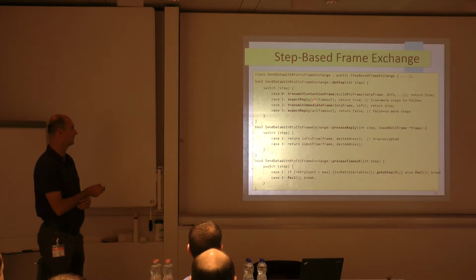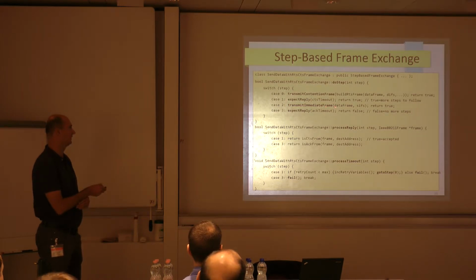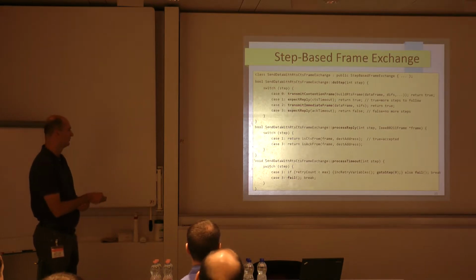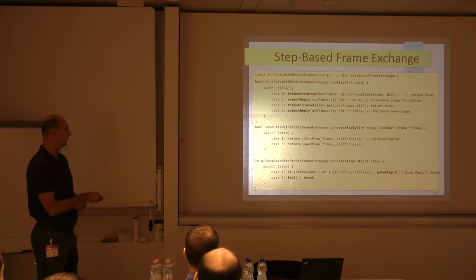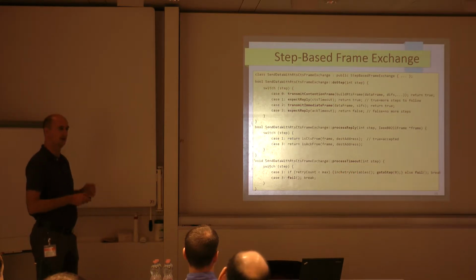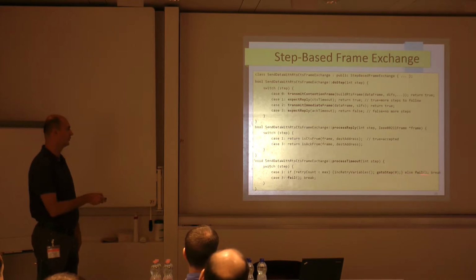We expect a reply, which is a CTS. We'll look at it later. When it's done, we transmit the immediate frame, which is the data frame, and then we expect an ACK. The other two functions deal with the exceptional cases. So, for example, if there is a timeout in step 1, where we expected a CTS frame, if the CTS frame doesn't come, then we increase the retry variables, like a bigger backoff time, backoff window, and so on, and we go back to this step.